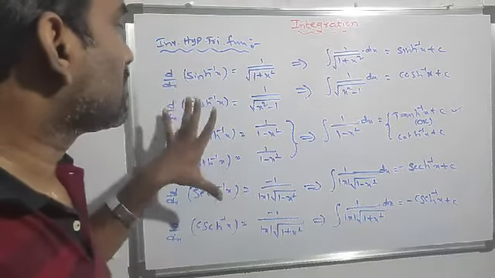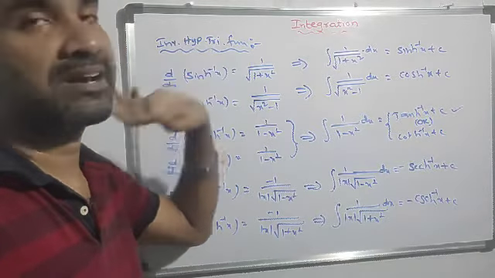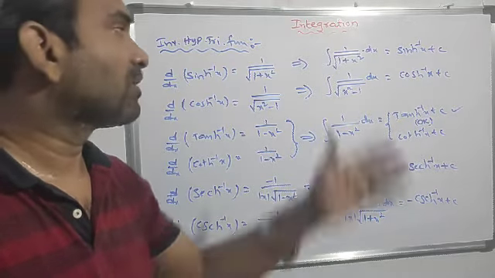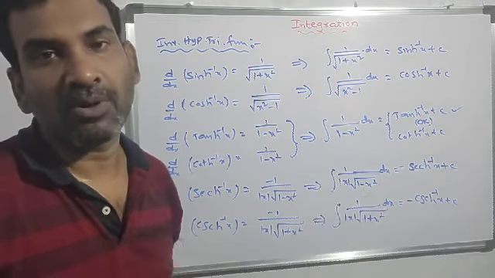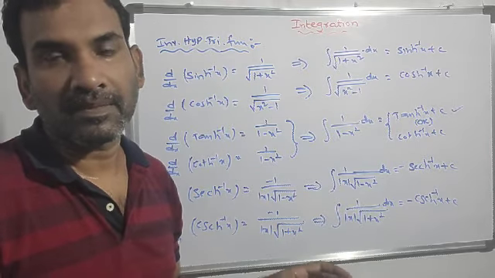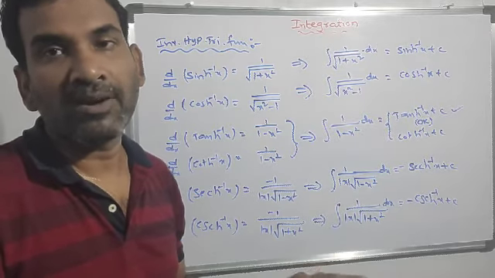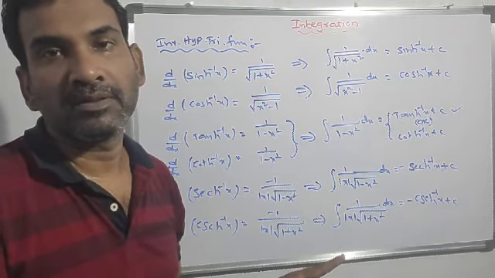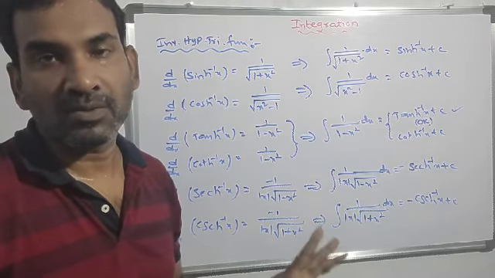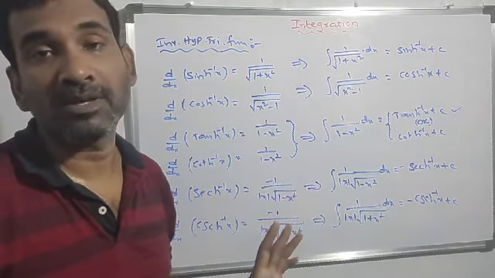So these are the differentiation formulas and integration formulas for the inverse hyperbolic trigonometric functions. Understand? Those who have a good idea of the integration formulas can easily solve the problems. These problems depend purely on the formulas, so to solve them we need a command of the formulas. Don't forget that. If you are confused about the formulas, you will surely make mistakes. So just get a command of the formulas. That is the main thing.